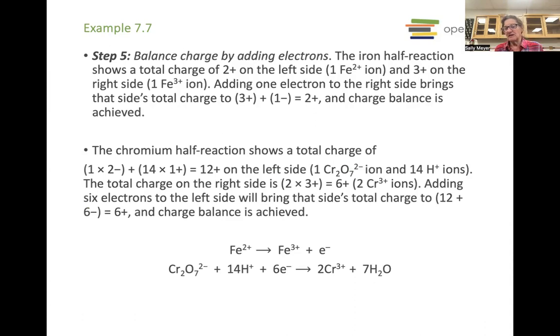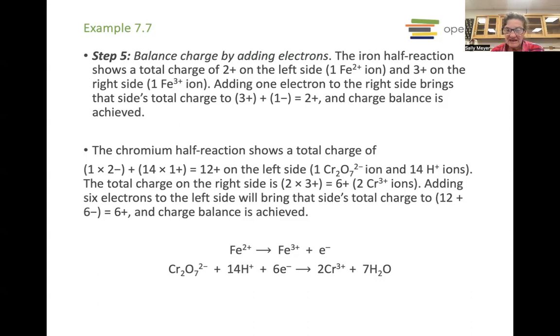So the only thing we can balance the charge with is electrons, because if we balanced it with any of the elements or ions, we'd be changing that balance. So in the top one, we have iron 2 plus going to iron 3 plus. So in order to get the charge on both sides to be equal, it's 2 plus on the left-hand side, it's 3 plus on the product side. So if you add 1 negative electron, that will cancel one of those positive charges,